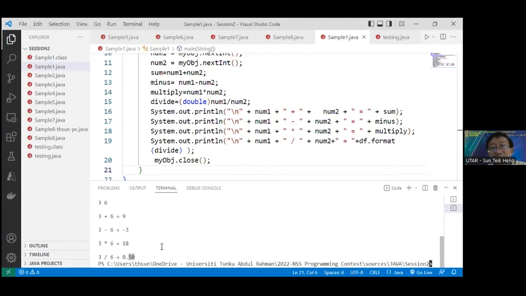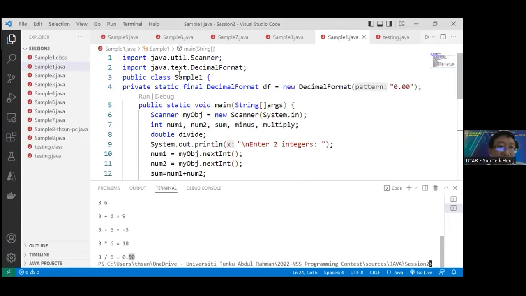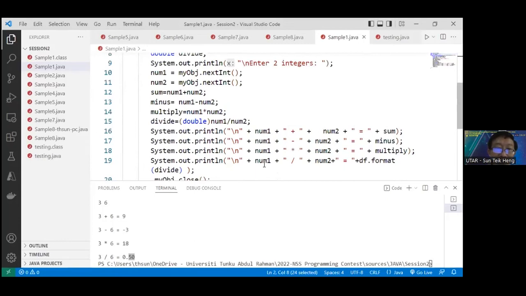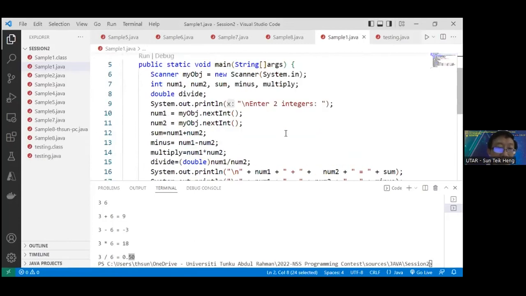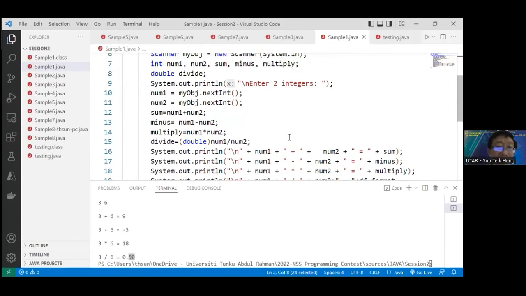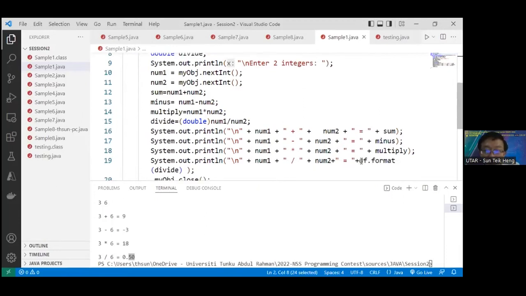Now 2 decimal places. In Java, how do I get 2 decimal places? To get 2 decimal places in Java, you must first of all import java.text.DecimalFormat. You need to import java.text.DecimalFormat because in order to format into 2 decimal places, you need to make use of the DecimalFormat. So like you can see from here,